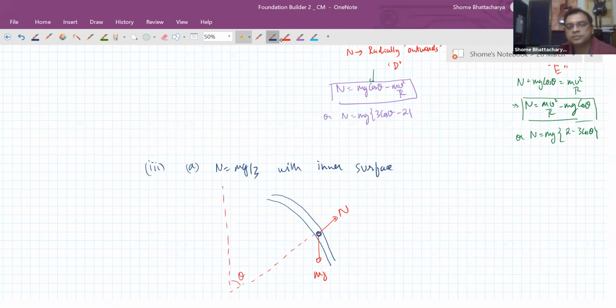I'm just making a rough diagram. So we want that if the speed of the particle is v,